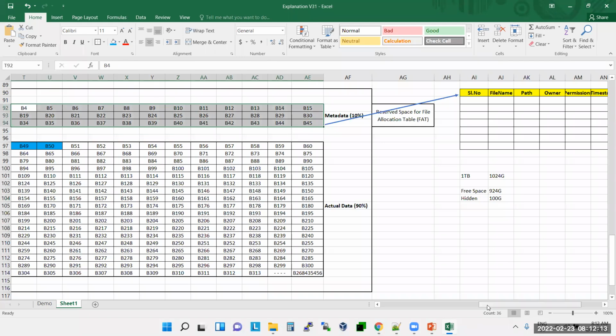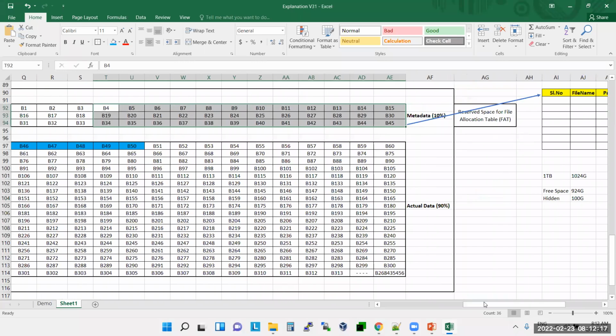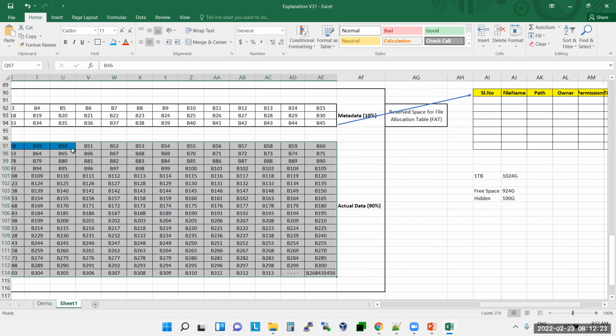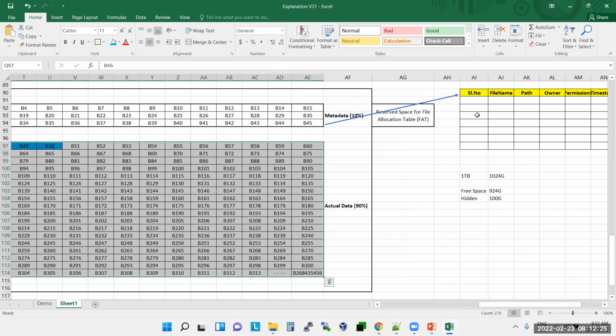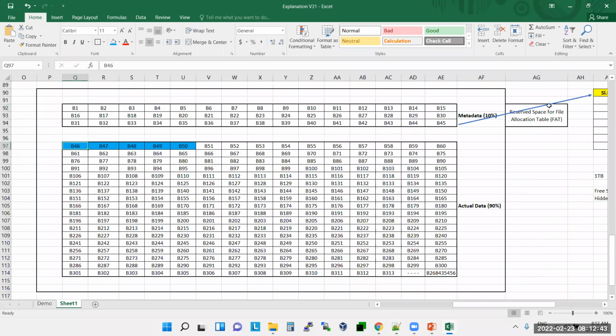Understood? It means if you use the entire hard disk, to store all these blocks' metadata, I require this 10% of space. If our actual data is 50% full, then metadata is also 50% full. Here your disk is empty, here also it is empty.